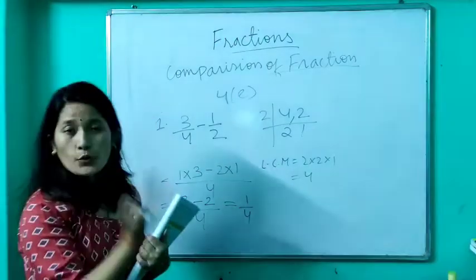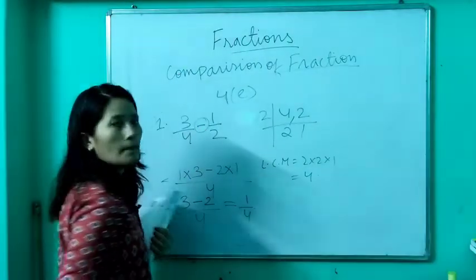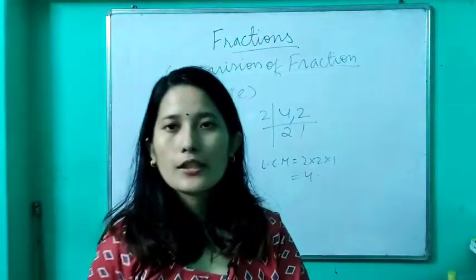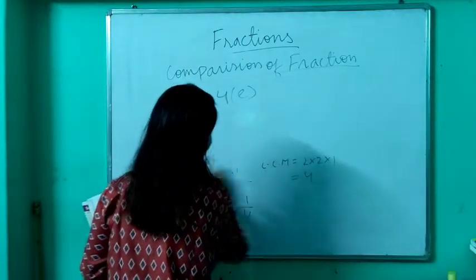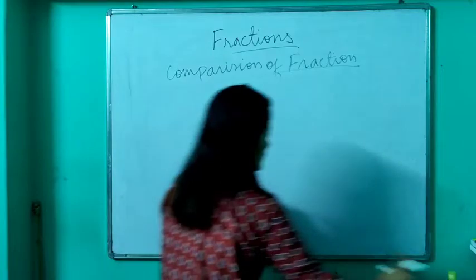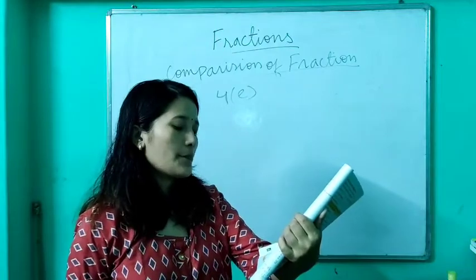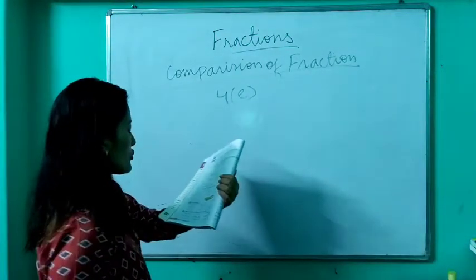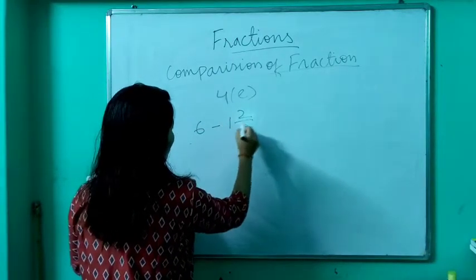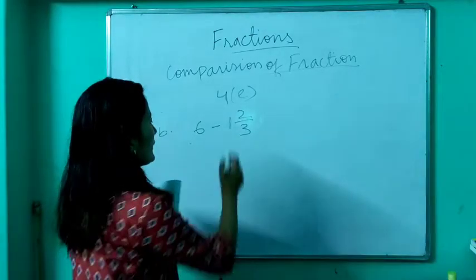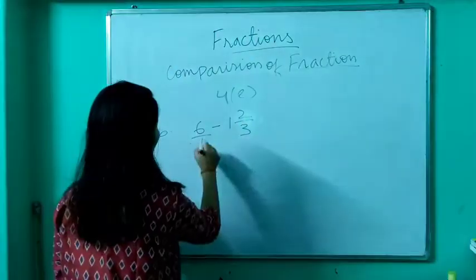So you see here the process is similar to that of addition, just that here instead of adding you are subtracting. Okay, now similarly with the mixed number also you do the same thing. Now question number 2, subtract and express the difference as a mixed number. I will do question number 2b, that is 6 minus 1 2 by 3. So one is given as a whole number and another is given as a mixed fraction. Okay, so if you do not have anything in the denominator, you place 1.